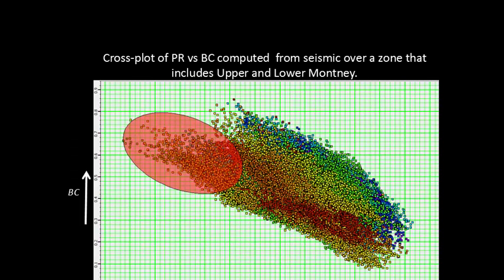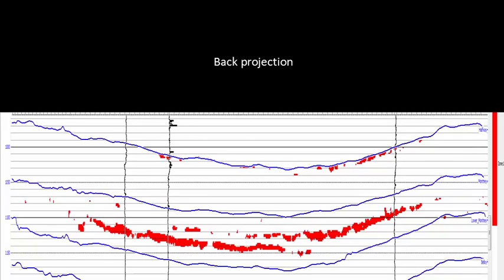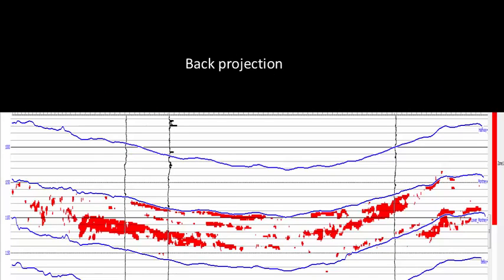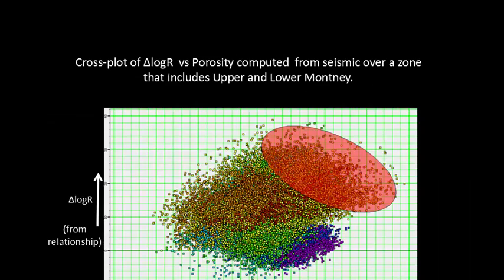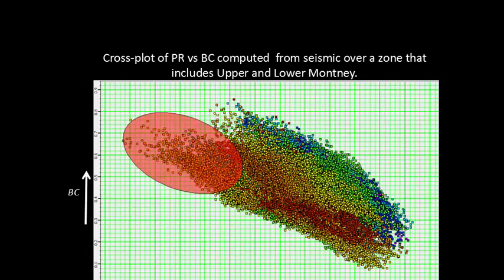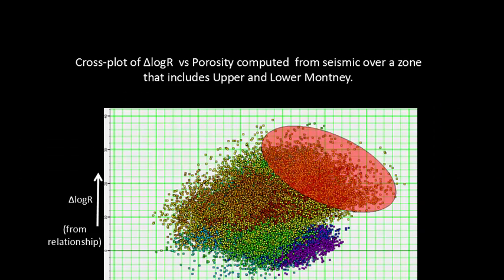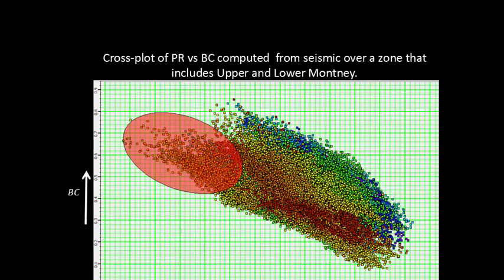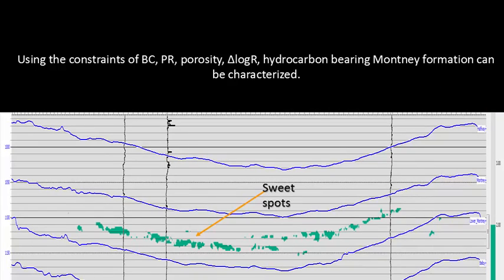Similarly, when I have brittleness coefficient as a function of Poisson's ratio, I back project it. Again, they are very similar, not exactly the same, because your brittleness coefficient may not be high at every point where you have the high delta log R. They may not be the same at every point. So delta log R volume means high TOC, and then at places where they are brittle, you have to have a high brittleness coefficient. So this can be carried out, and wherever the two overlap, those are your sweet spots.